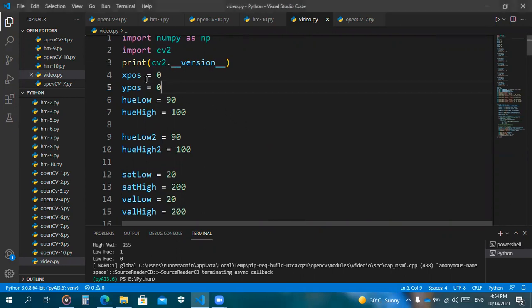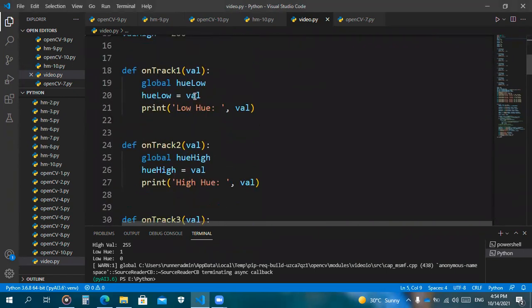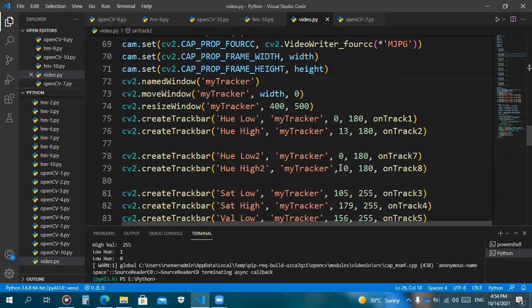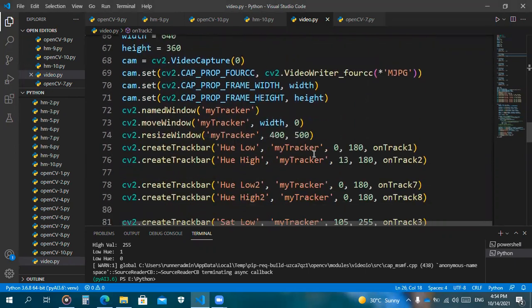I'm creating two variables, x position, which stands for exposition, and y position, and I give them an initializing value of 0 and 0. And by the way, it's the last code from episode number 14, the lesson. Yes, it's the same code. And